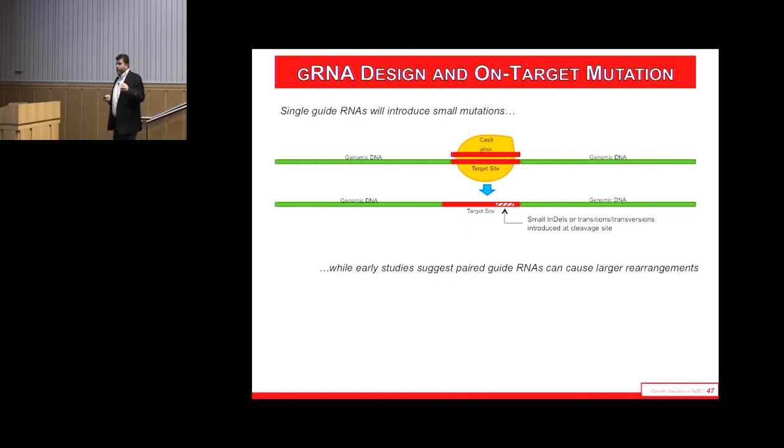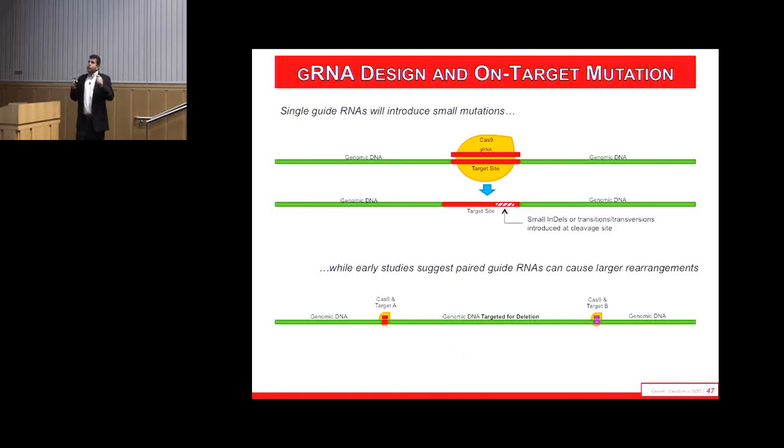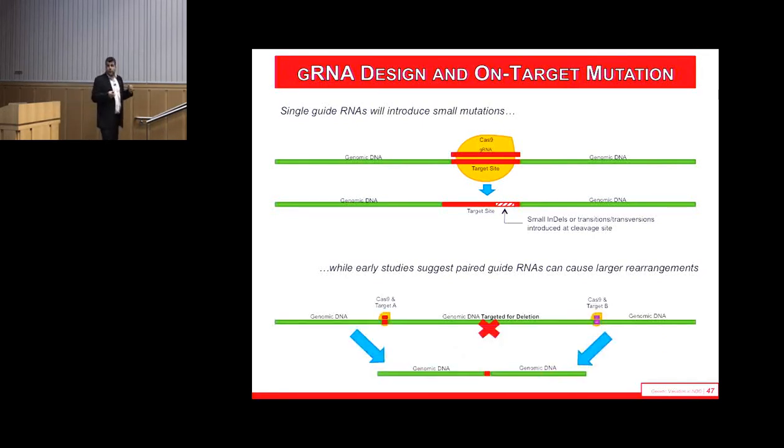There have been other studies in the field, and then we just completed one where we show that you can actually create larger rearrangements using a dual guide method in which you target two different regions. They simultaneously cut the DNA, lead to non-homologous repair between the sites, and you get a deletion. We did a study where we sequenced the whole genome, and another study where we did targeted analyses. It turns out that this is a fairly efficient process. Depending on the guide RNA that we chose, somewhere between 25 and 50% of the time, we could actually make a deletion.